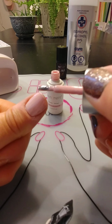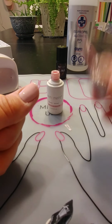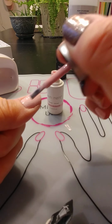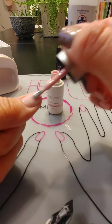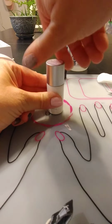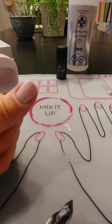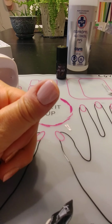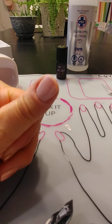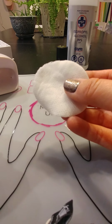Again, you're just going to cap the end. Oopsies. All right. And then I'm going to just smooth that out again. Okay. That's good. And I will just close that and just move it away from my lamp for now. Okay. Super easy if you do make a mistake getting the polish on your skin. I've gotten a little bit, you can't really see it in the video, but I've kept my pad with the